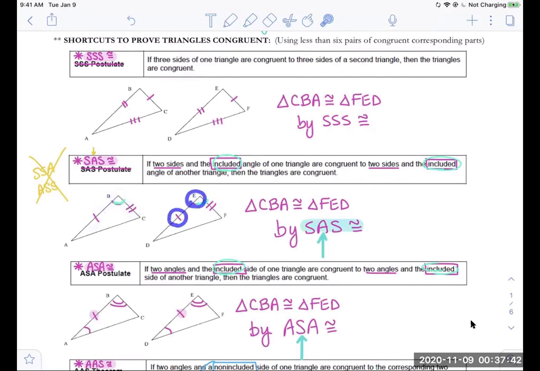Side, angle, side. That's included angle. 2 sides and the included angle. The order here is important. The A is in the middle because it's 2 sides and the included angle. All right, the third shortcut